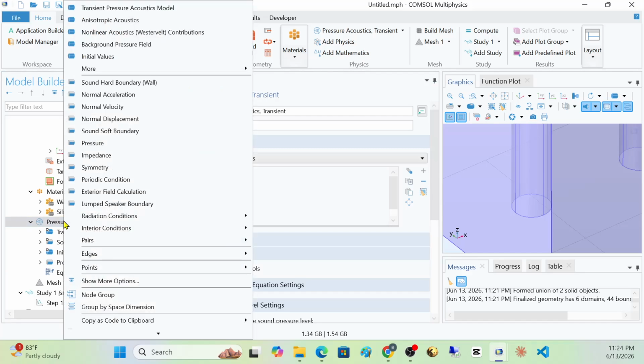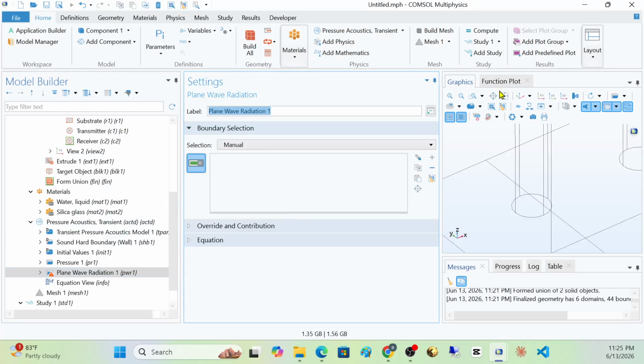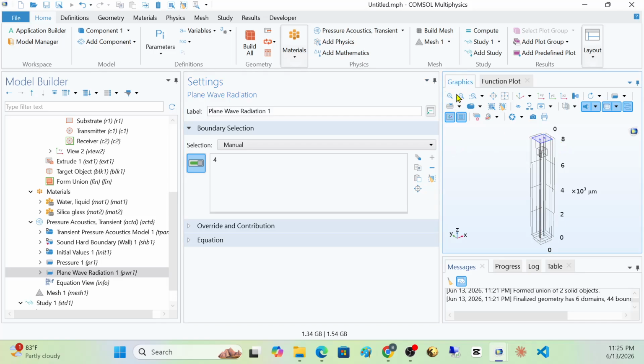From the Physics menu, open Radiation Conditions and add Plane Wave Radiation. In the boundary selection, manually add boundaries 1, 2, 4, 5, and 9, which are the outer faces of the